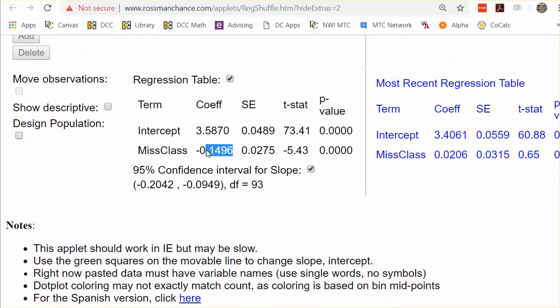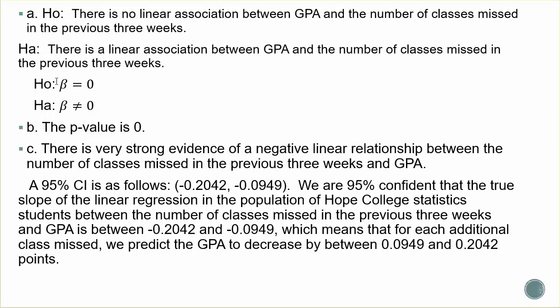So we observed a slope of negative 0.1496, but of course that's just our statistic. We are trying to make a conclusion about beta, the true slope, for all students in the population, not just the ones in our sample. And so what we would say is we're 95% confident that the true slope of the linear regression in the population of Hope College statistics students, or maybe even Hope College students, between the number of classes missed in the previous 3 weeks and GPA is between negative 0.2042 and negative 0.0949, which means that for each additional class missed, we predict the GPA to decrease by somewhere between